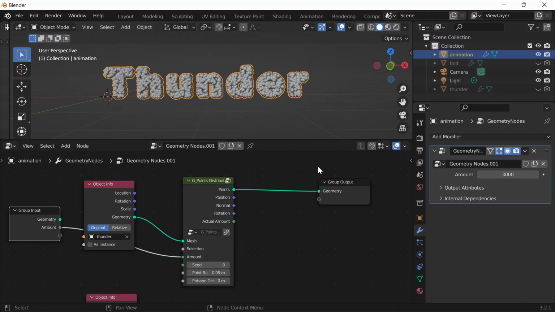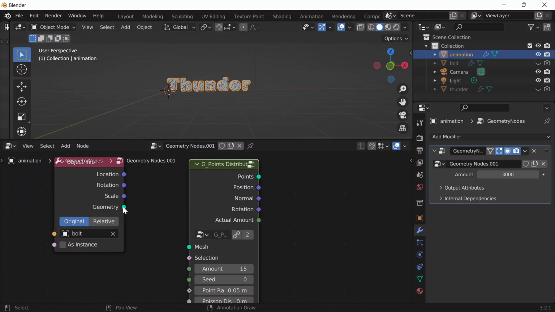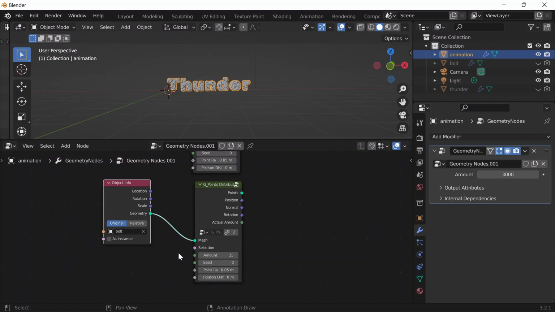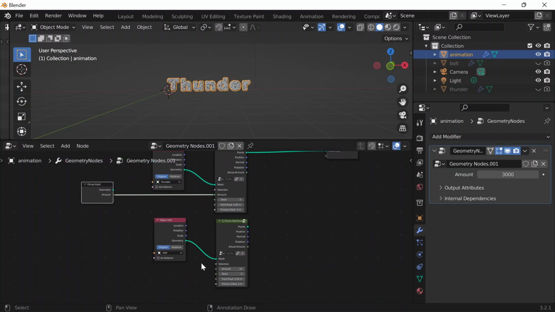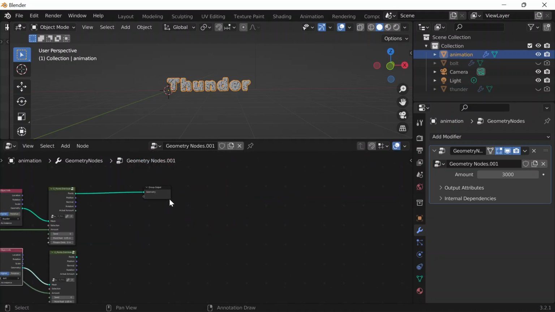But yeah, that's that. And then I'll just do Shift D to make a copy of the Points Distribute and make sure this is connected here, and the amount is also connected to the amount over here. Alright, so this is basically the